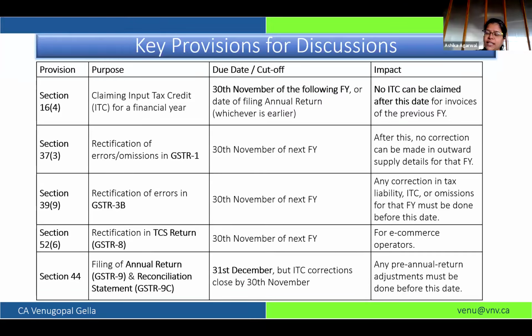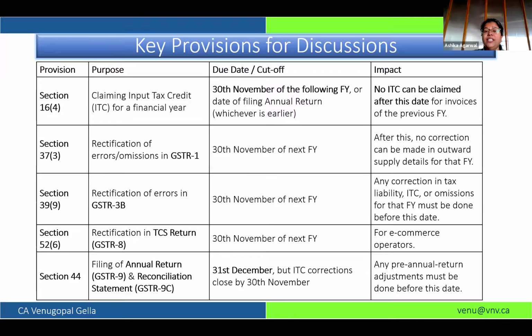We will be discussing the relevance of 30th November in the relevant slide. So over here, first is the time limit to avail the ITC. Second, if any error is made while declaring your outward supply in GSTR 1, how you can rectify the same.